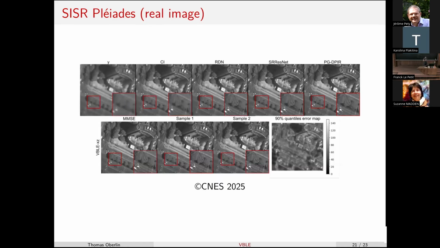Okay, this is an example on a real Pleiades image. So it's harder to compare the methods, but let's say that it's consistent with what we expect. So this again are the error quantiles, the per pixel error quantiles. So of course, first they are edge detectors, so they are higher when they are high frequencies. But we can also see some details related to very small details, such as pedestrians here or small lines in the image.